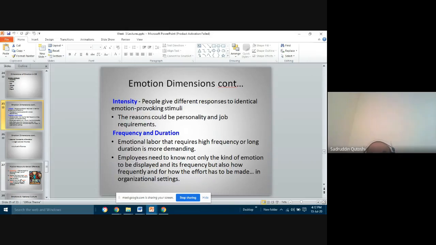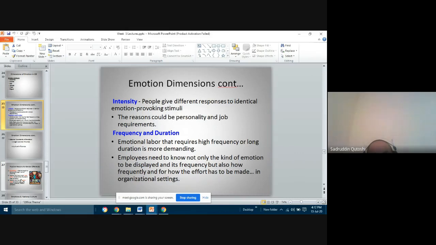So the emotional dimension can be understood in the form of intensity. People give different responses to identical emotion provoking stimuli. Different people have different responses to even identical emotion provoking stimuli. If you have identical emotion provoking stimuli at the organization, for example, your boss says,